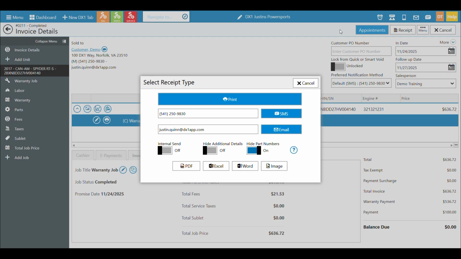And that is simply how I take an RO, set it to warranty, and then I can process the warranty information that I have. I can enter in an authorization number, assign hours, take a payment if I need to for a deductible. If there's no deductible, I wouldn't have to take a payment, and I can simply hit complete sell. And that's the process of creating an RO, turning it into a warranty, and completing it.